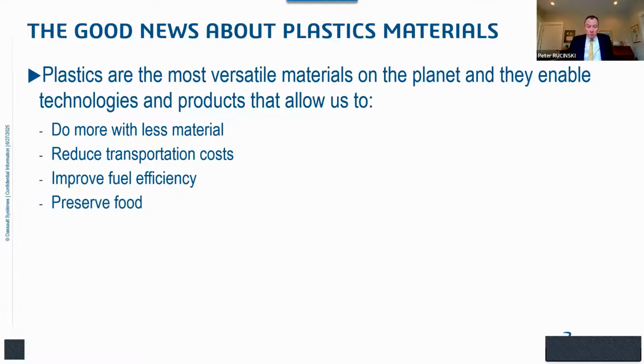Replacing metals with plastics, one of the best ways to do that in the automotive and the trucking industry. Plastics help us preserve food. It's one of the number one uses of plastics, packaging materials. Plastics help reduce injuries in all kinds of aspects of life, in automobiles and other kinds of transportation vehicles and all kinds of sports. Walk through any hospital today, guaranteed plastics are helping to save lives every day.